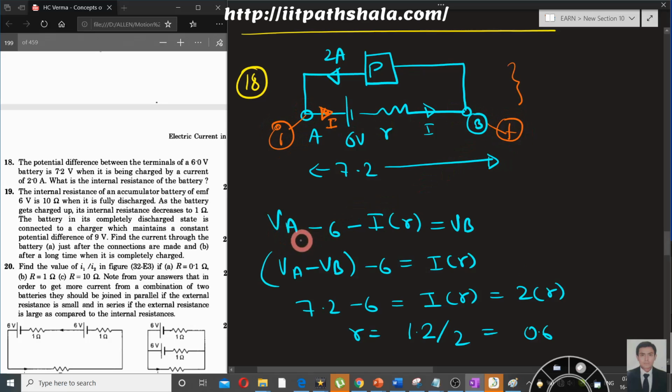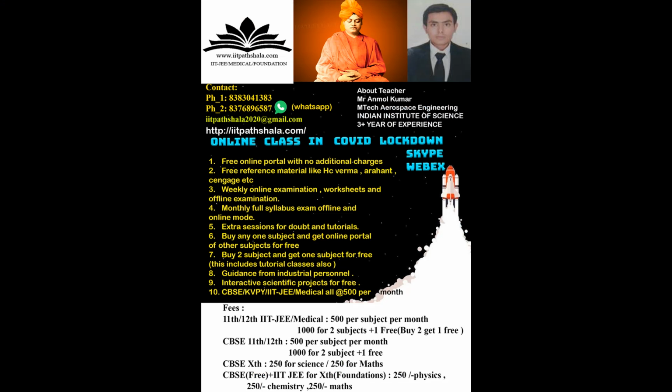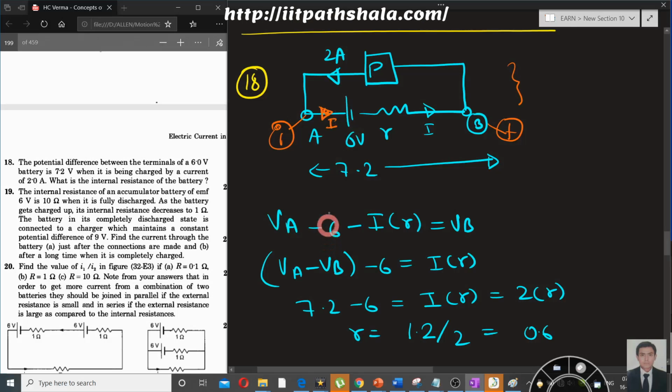So I can write it as VA, then you are going from positive to negative terminal of the battery, henceforth I'm multiplying by -1 over here, then I'm writing the EMF of the battery. Then you are entering this resistor, the direction of the current is in this direction, so you can say that this is a positive gate, this is a negative gate of my resistor. Henceforth you are going from positive to negative, so you'll be multiplying -1 to your voltage across this resistor, and equating it to the final voltage over here.